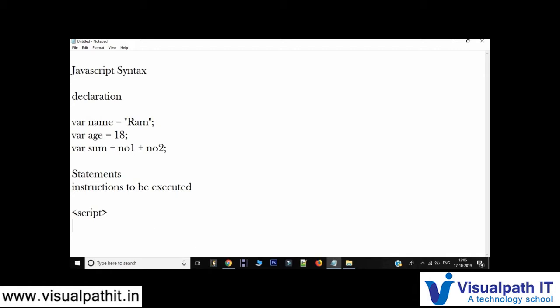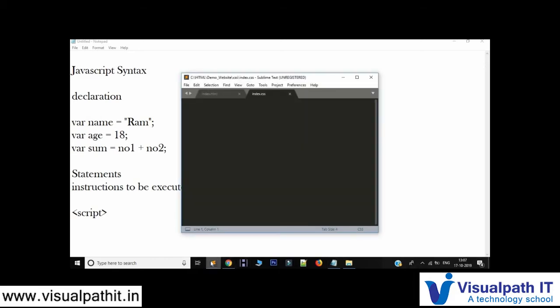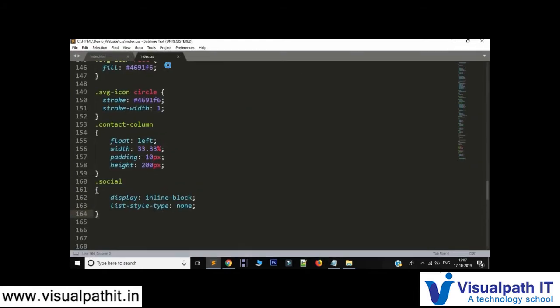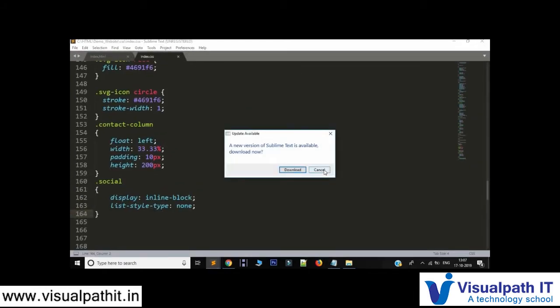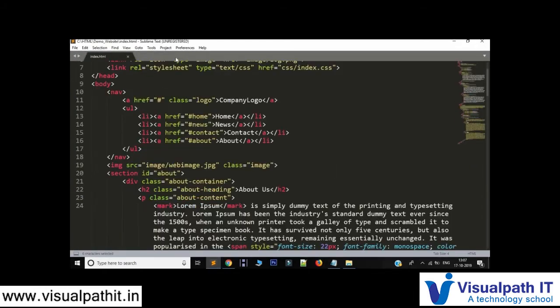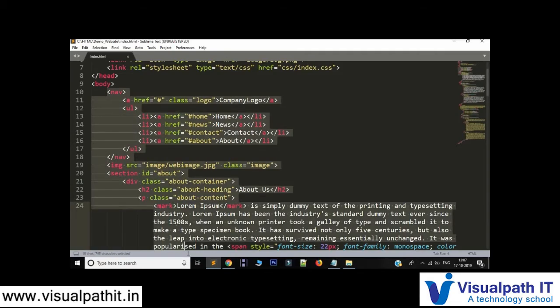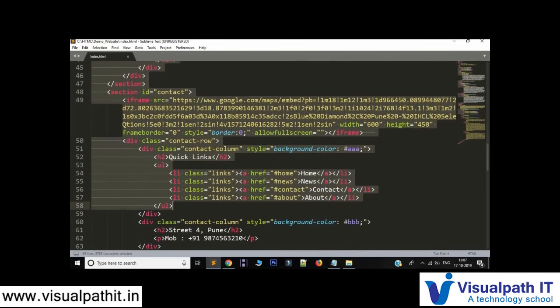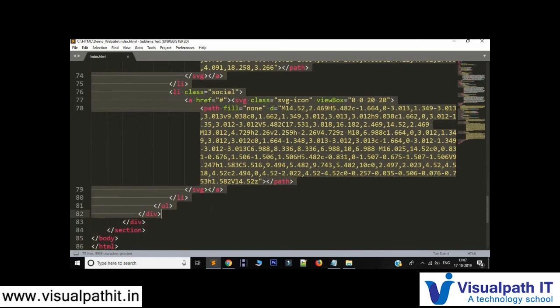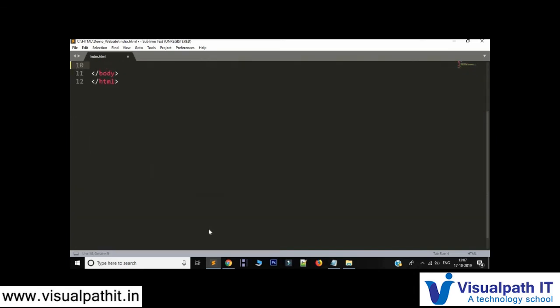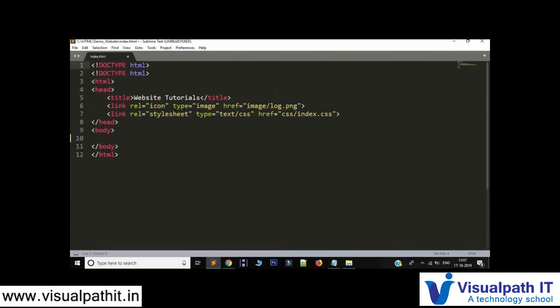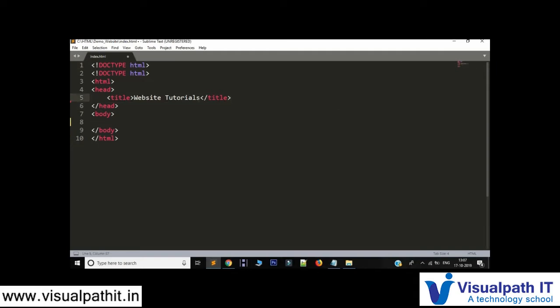Okay, let's go. We'll just delete these codes, we don't need them right now. We'll go back to the basic structure of our HTML.